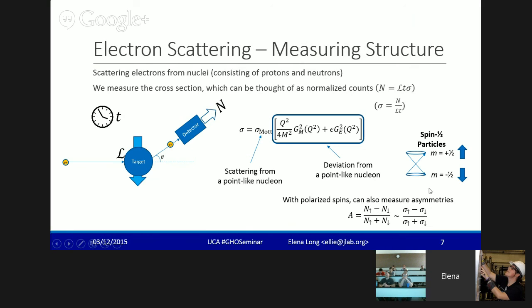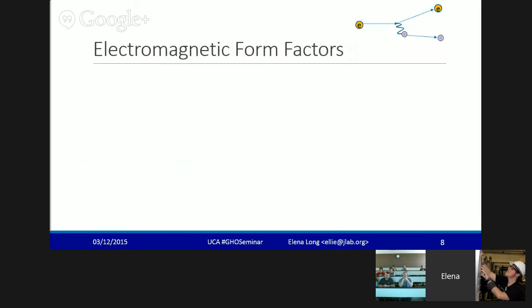So when we do any of these nuclear physics experiments, the two things that we can measure are the cross-sections or asymmetries. Any other theoretical model that we want to use to understand what the fundamental structure of protons and neutrons is doing, we have to relate back to these experimental quantities. So one of the ways we use this is for